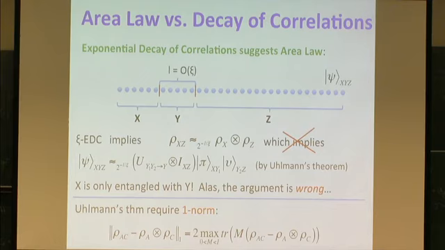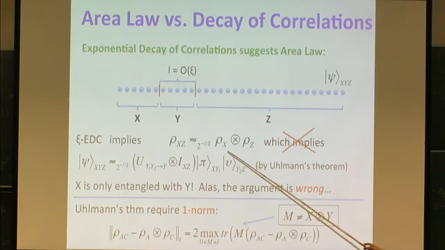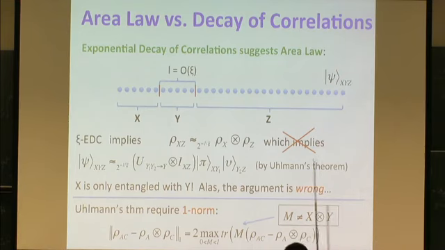And why is it not the case? Well, trace distance we can write like this. We can maximize over all M acting on A and C at the same time, of rho AC minus rho A tensor rho C. But what we have is weaker than that. What we have is just M of the form X tensor Y. This is what we have in exponential decay of correlations. And this M might be something global. So we cannot say anything about the trace distance, in principle at least. Any question?